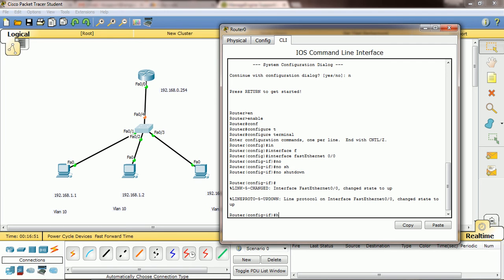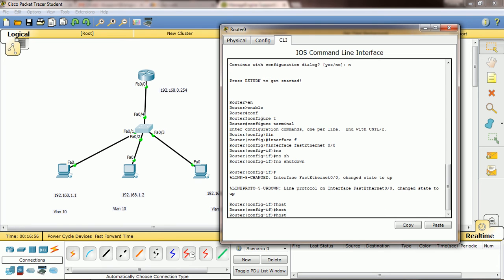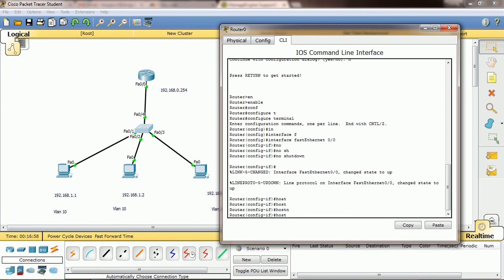And now I will change the host name. It won't come because we are inside the interface, we need to come back one step.